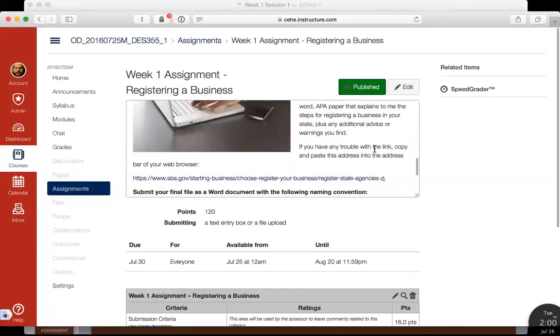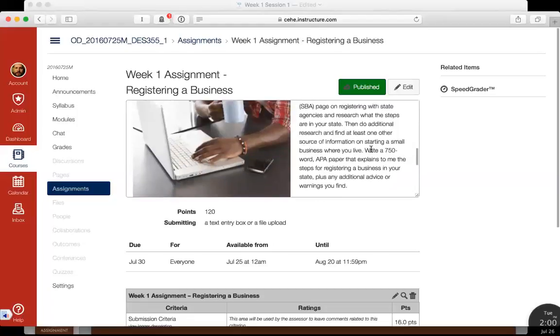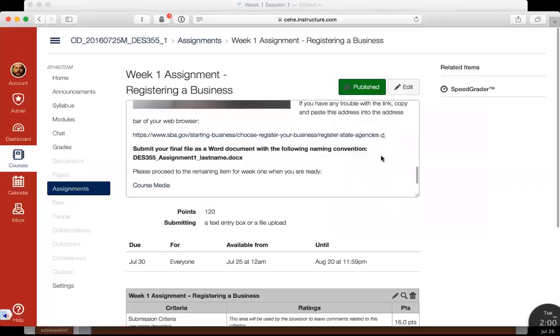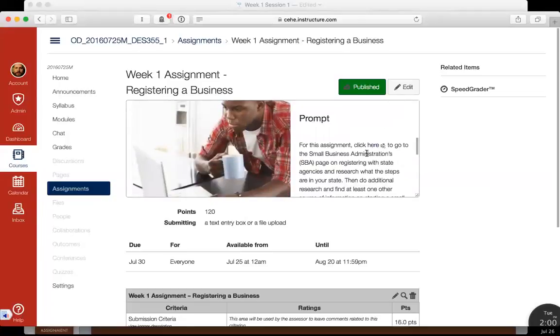And then it says if you have trouble with the link, copy and paste this address in your browser. So that's just the same address as right there where it says click here. Okay, so if you come here and click on that link,